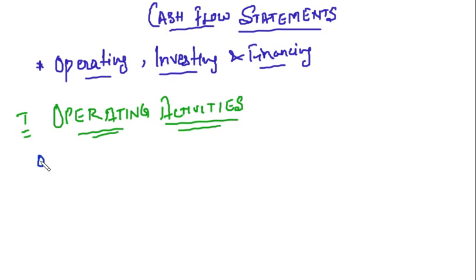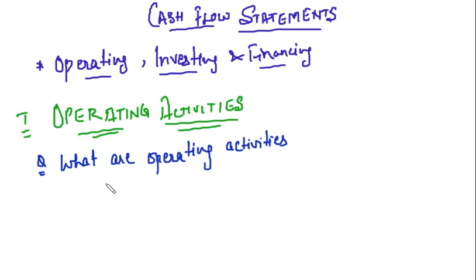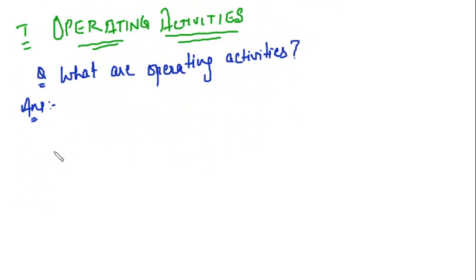First we should know what are operating activities. We know what is a cash flow statement. It is a statement recording the cash inflow and outflow, right? But we do not know what are the operating activities, right? So first of all, we should understand what are operating activities,